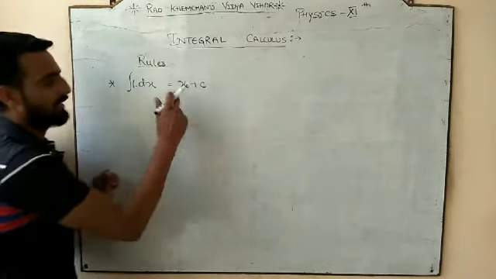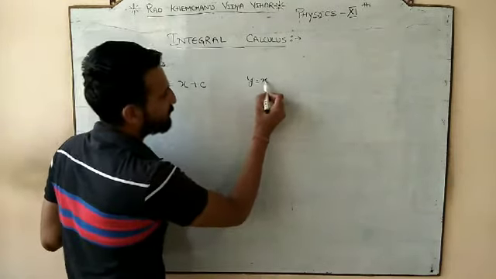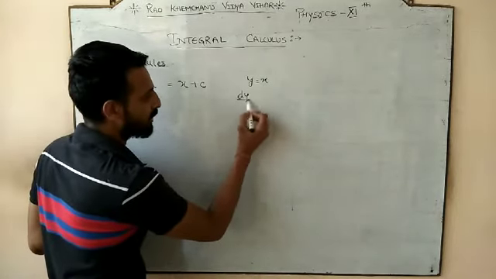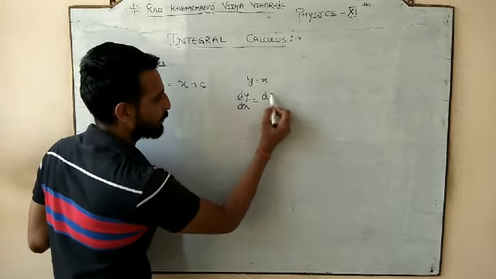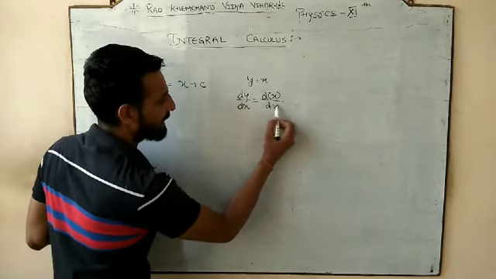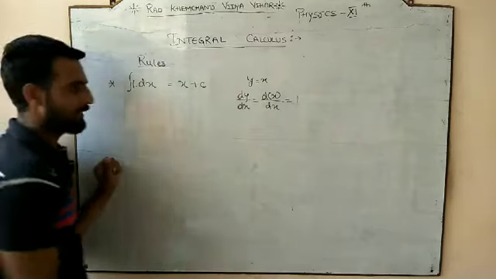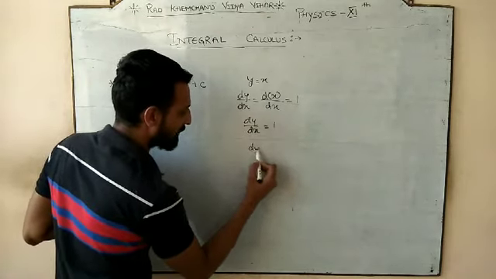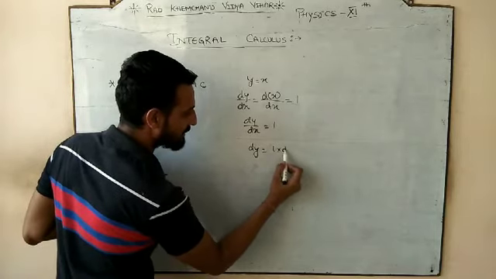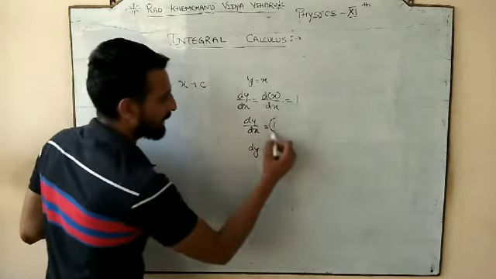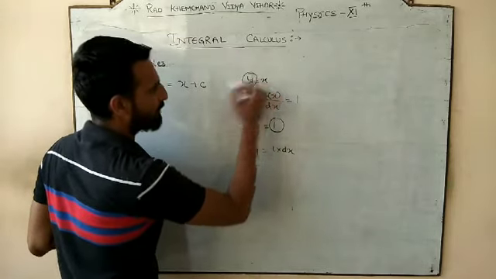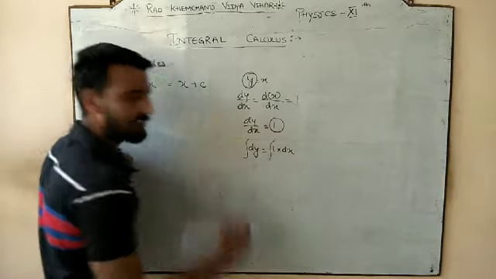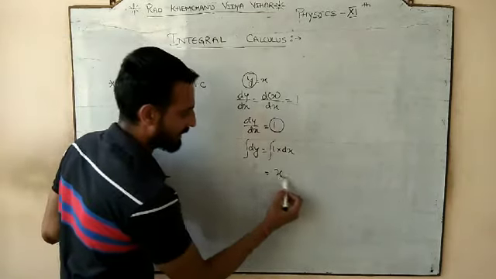For an example, check this out, if y is equal to x, so what would be the differentiation of y with respect to x? It would be dx by dx, and it would be 1. So what is dy by dx? It is 1. So dy is equal to 1 into dx. So this 1 is the answer for the differentiation of y with respect to x. अब अगर इस 1 का इंटीग्रेशन कर देते हैं, so 1 into dx integration is